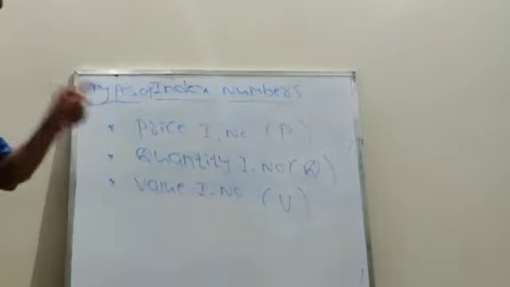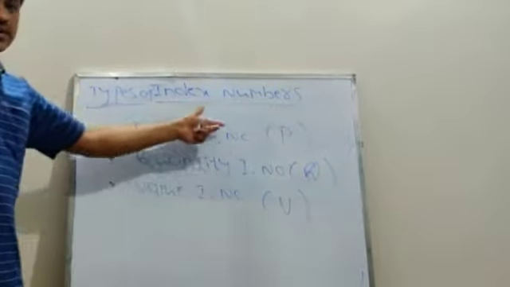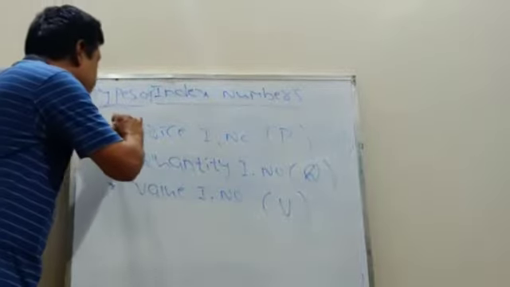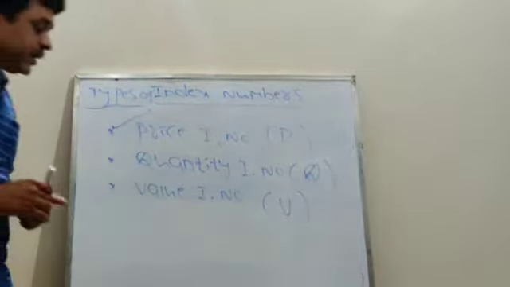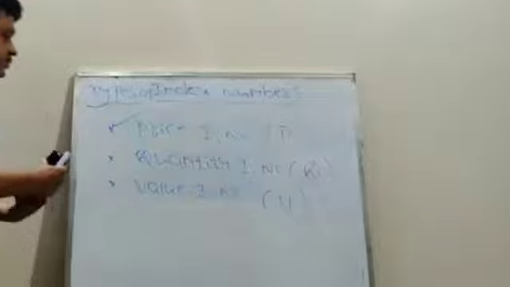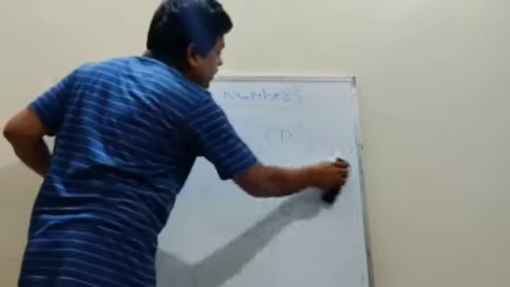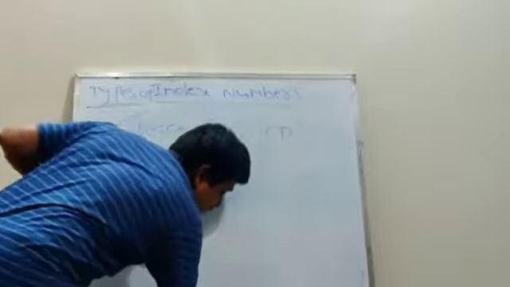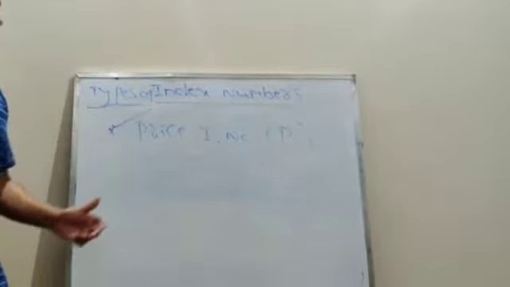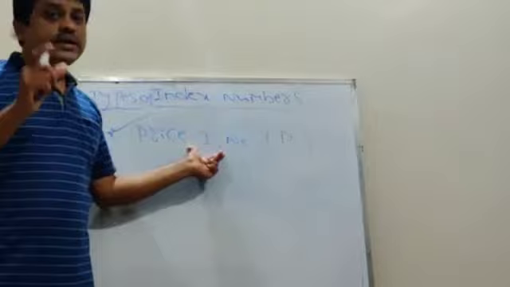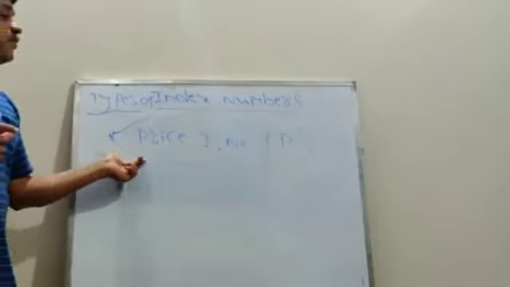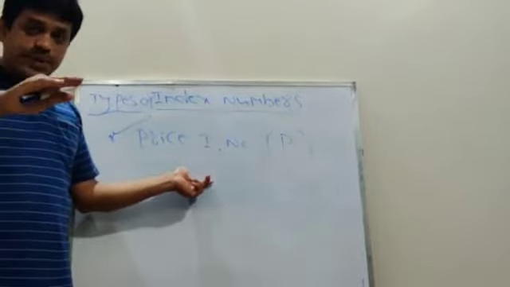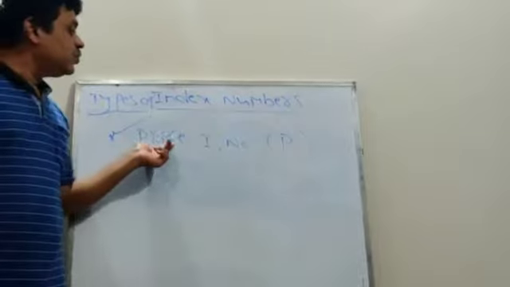Okay. One by one we have to discuss in detail. First we have to take price index number. What do you mean by price index number? Here, already in the definition we have discussed. Price index numbers are the index numbers of calculating base year with respect to the current year. This is called the price index number.